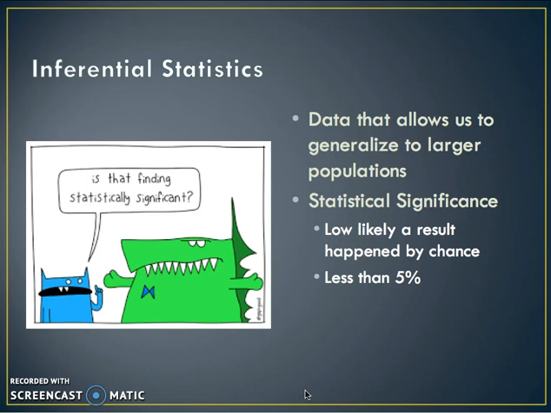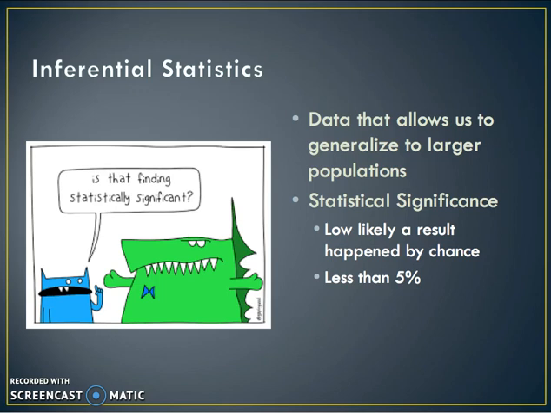Okay, the biggest thing here that you need to know is what's called statistical significance. That is how likely something is to happen by chance. So if that statistical significance is less than 5%, which is called a p-value being less than 0.05, that means those numbers didn't occur by chance. They happened on purpose. Again, we'll look at that in class a little bit more, but it's something to keep in mind. So